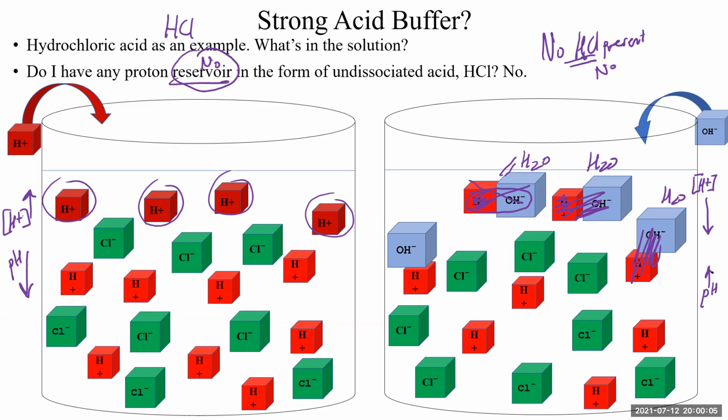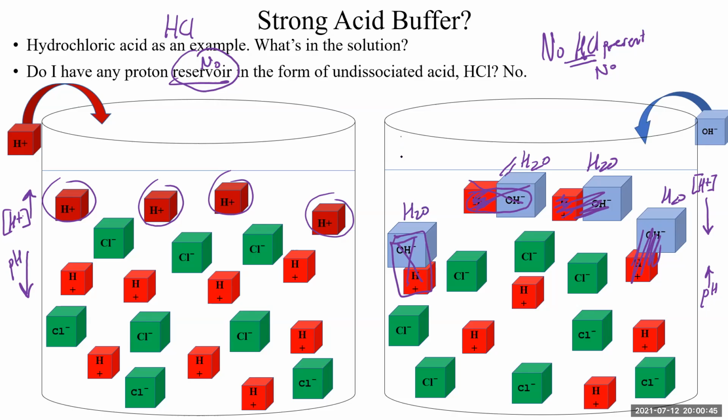If you want your solution to maintain a constant pH, you definitely don't want to raise your pH, and you definitely don't want to reduce your hydrogen ion concentration, which is the same thing. So yeah, it looks like hydrogen ion is doing something by neutralizing hydroxide, but at what cost? The cost of hydrogen ions. And that was the whole point, not to lose any hydrogen ions. The point wasn't just to prevent hydroxide ion concentration from increasing, but to prevent the loss of hydrogen ions. So in this respect, this solution of hydrochloric acid as a buffer is a total failure,